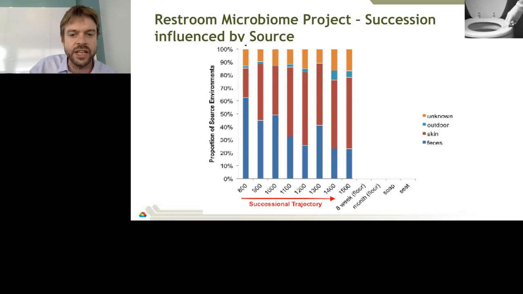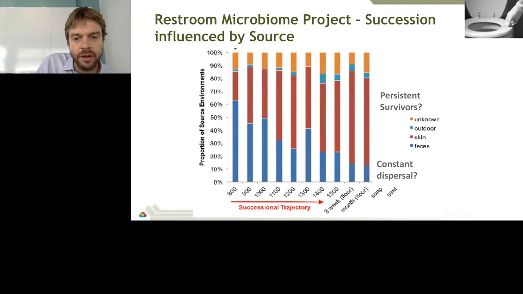And we saw significant changes in the microbial profile over that time. And you can see that the bacteria that predominantly come from stool are significantly reduced over that time frame, and the bacteria that come from skin are significantly increased over that time frame. And that reduction and increase is due to the successional change in structure and response of the communities in that environment. And we can see that many of those organisms are still biologically active and are responding to the interaction with that space. And if we look at those environments every day for a week or a month, we see that the microbial profile every day for a month on average looks very similar to what happened after 8 hours